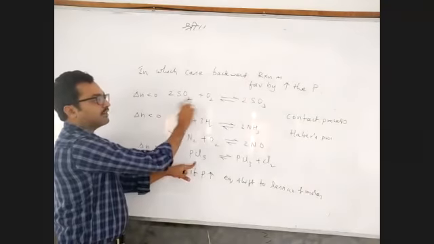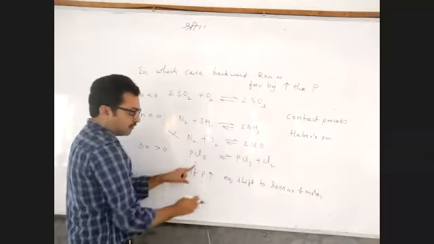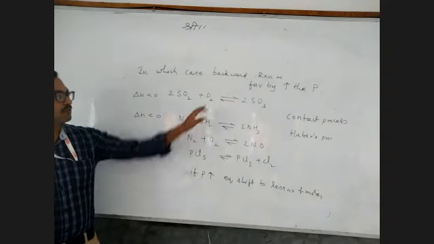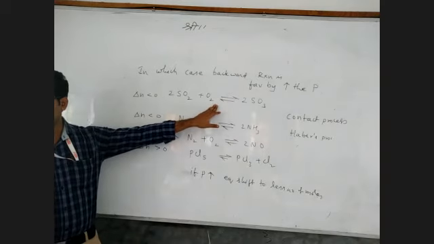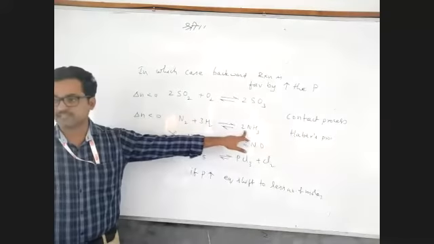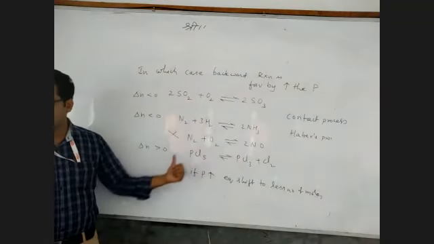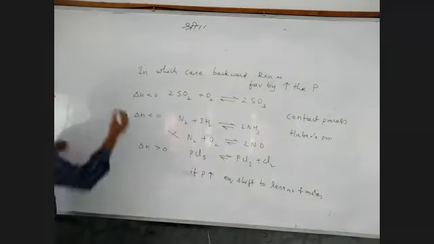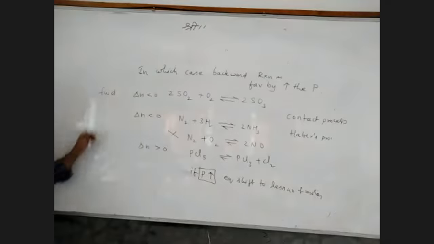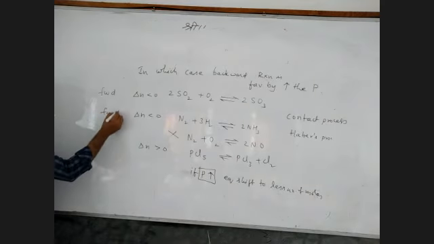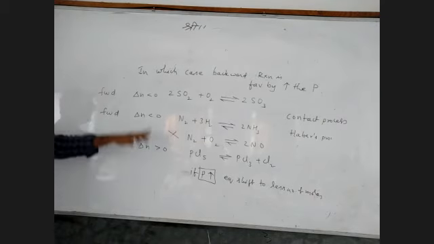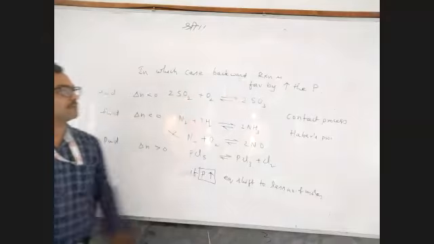See, total number of moles 3, 2. If pressure is increased, the equilibrium always moves to fewer moles. So in the first case, which side will it move? Forward reaction. Next, forward only, fewer moles. Here, backward, fewer moles. So here the forward reaction is favorable because pressure is increased. Here forward. Here backward. Understood? So they are asking in which case the backward reaction is favorable.